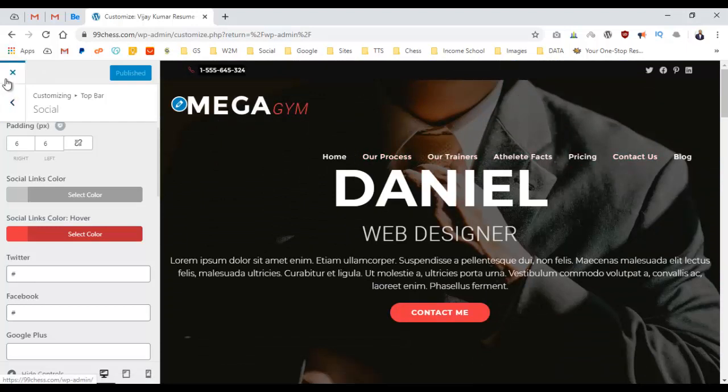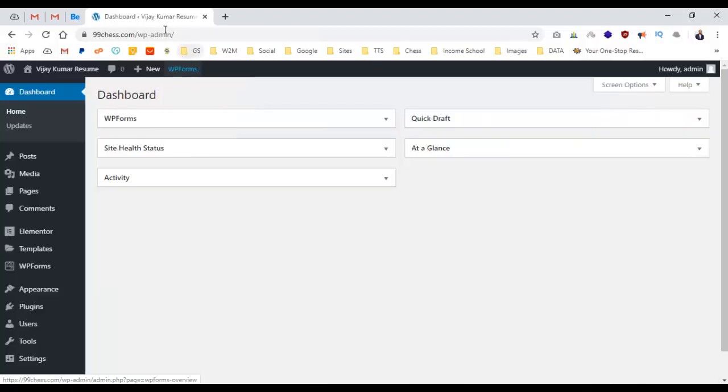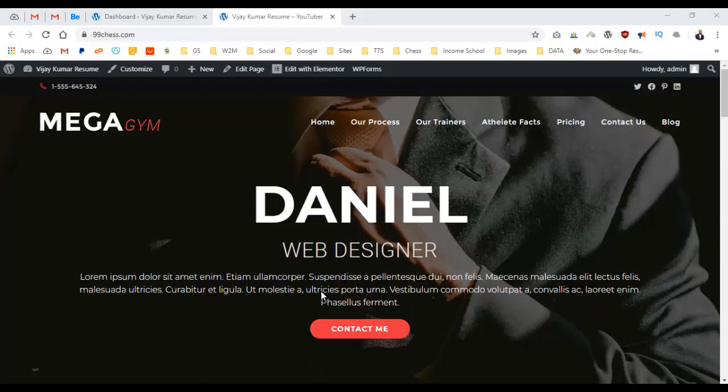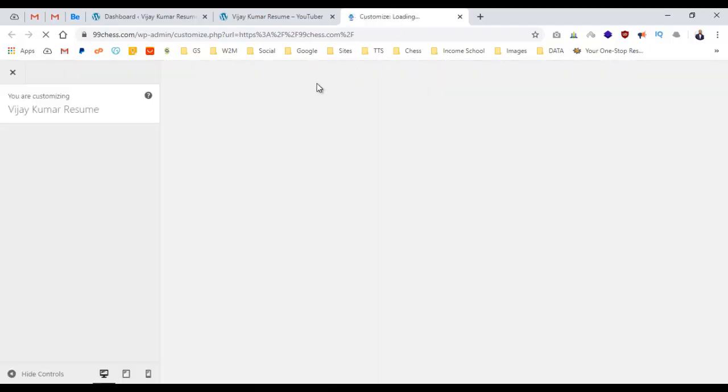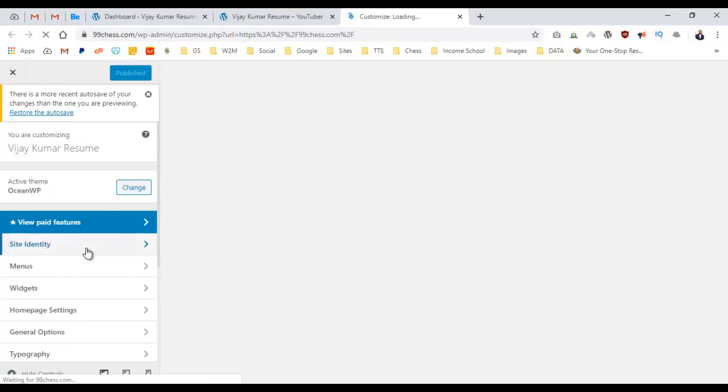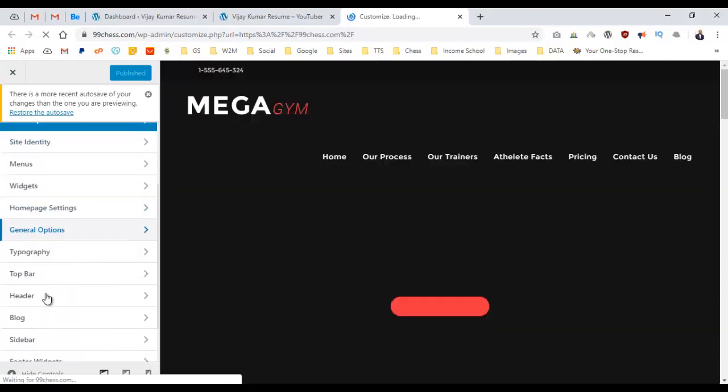So let's make a logo first. For that, I already have a logo. You just need to go to customize, just open a new tab. Once the customize panel loads, just go to header section. Yeah, here it is,